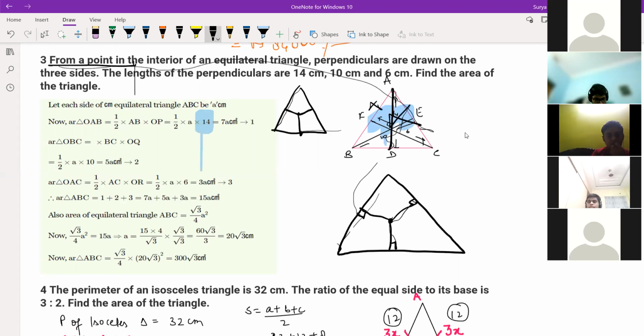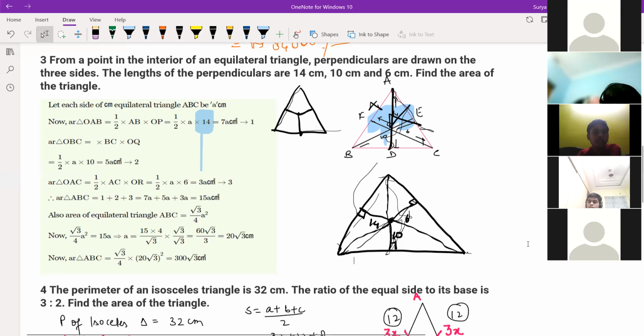This is wrong. From a point is mentioned over here, right? When any point is inside the triangle, from that point the perpendiculars are 14, and then it is given 1 minute. Here you write 14, then this one is 10, and this one is 6. Okay, now you can do it. Put dotted lines here, here, and here. The half base into height you can use directly, correct? Understood, Sairati, what I'm saying? Yes, sir, understanding. Shriyanvi, is it clear?